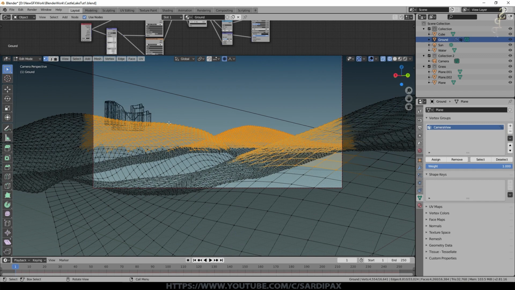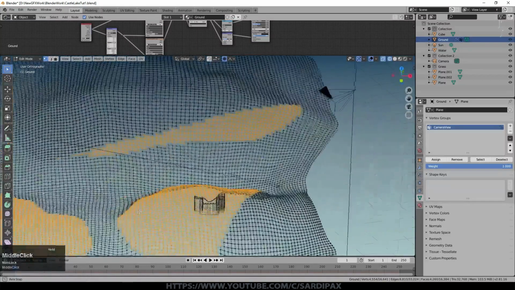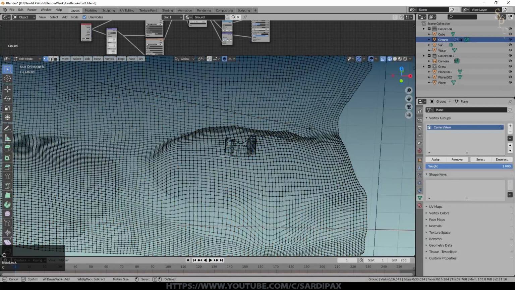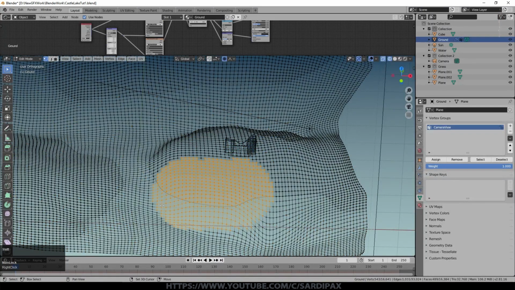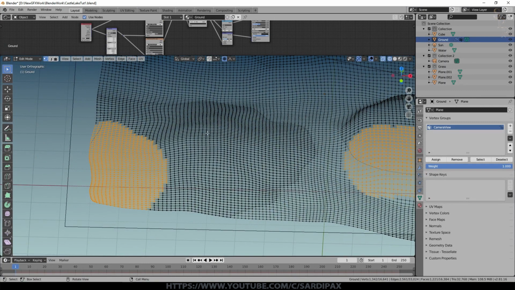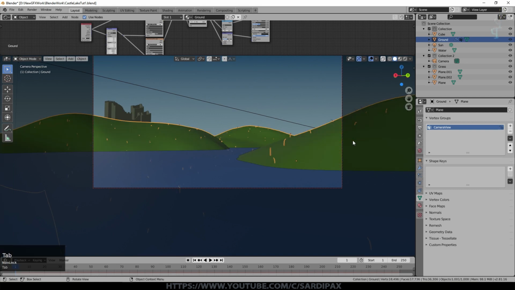Now we are going to have areas such as this area back here that the camera can't see. So strictly we can go and deselect everything, select that area if you like as well. And back here as well, we could select that area and then click remove. And if I say select now, you can see that for the most part, the ground in view of the camera is selected. We may need to add a little bit here because we may find the ground has gone a bit bald there. But roughly speaking, that's now where we want our grass to grow.